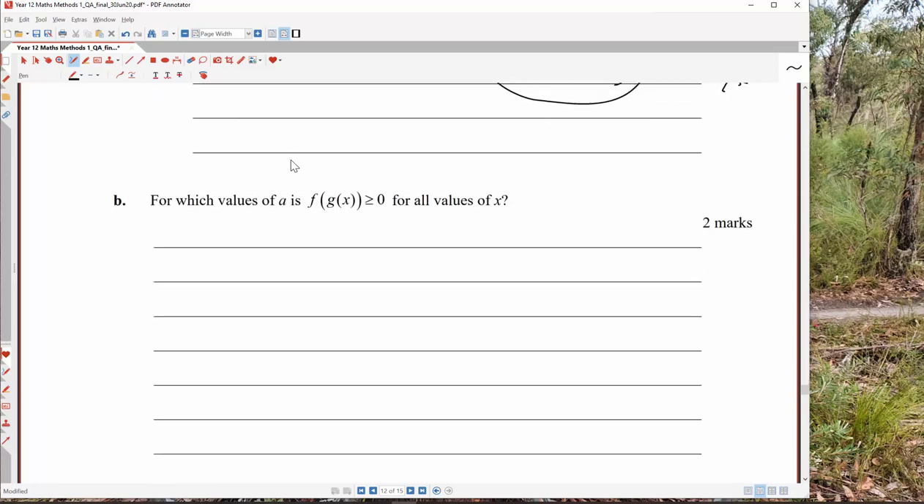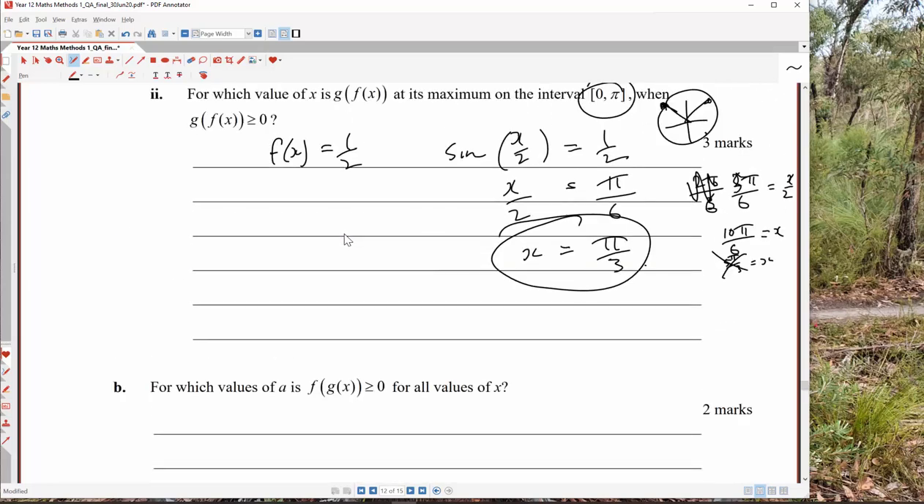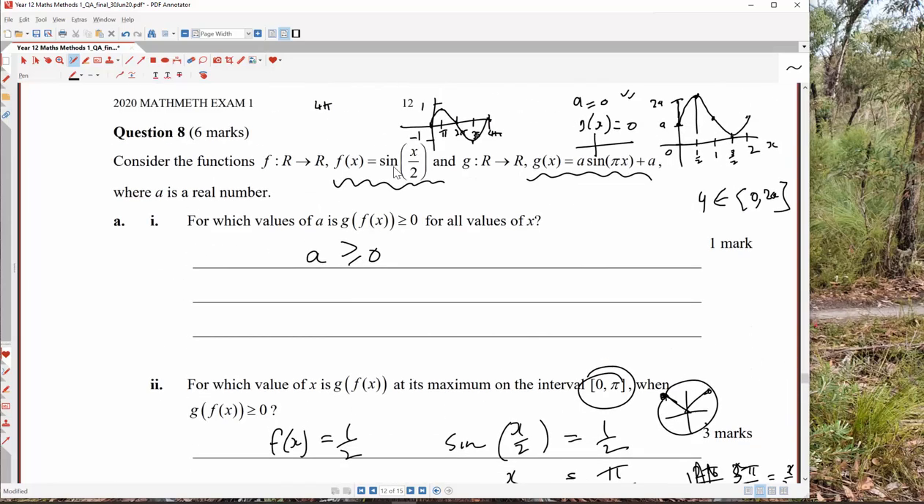Okay, the last one: for which values of a is f of g of x greater than or equal to 0 for all values of x? All right, so this time what we want to do is have this function here greater than 0. And